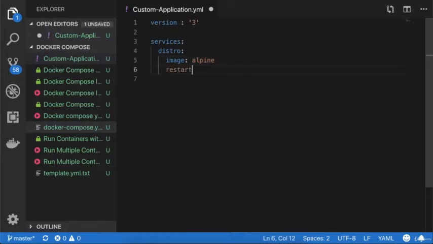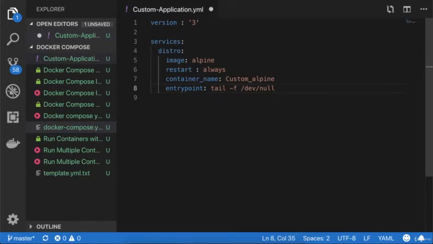Then I will define the restart and I will define always. Then I will define container underscore name. And suppose I'm defining custom Alpine, then I will define some entry point, right? And I'm defining something like tail -f /dev/null.